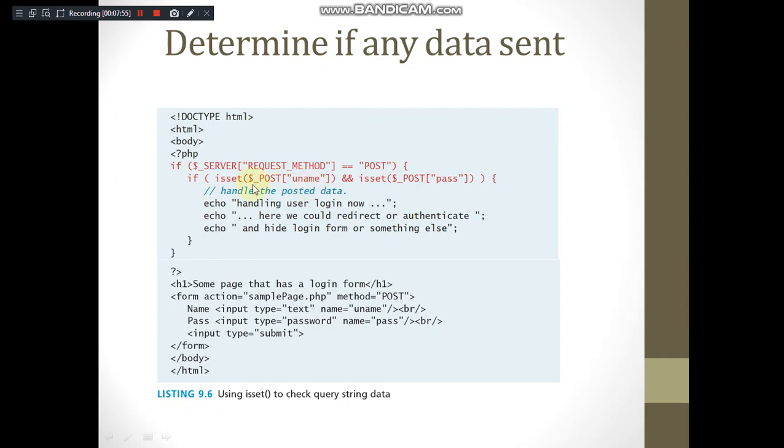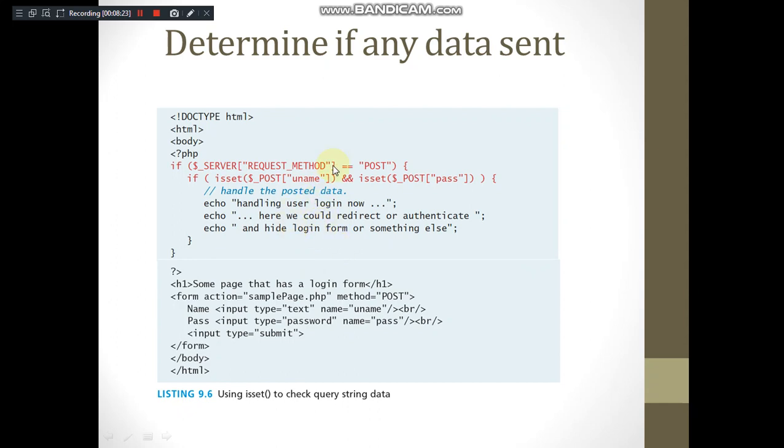So if the method sent is POST and you want to check whether any value has been entered, that is, whether a key with the name uname exists, the isset function is used here. If it is set, then we redirect to authenticate and hide the login form, or display something else. So you can check whether the data is posted by the user or not.